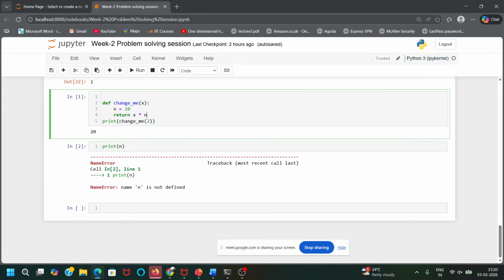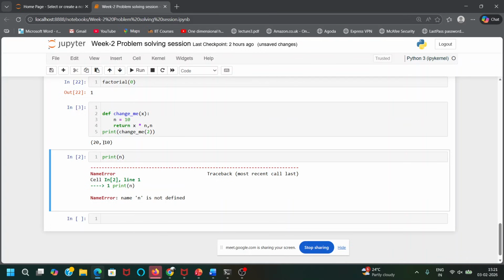So if you want to get the value of n also, then you have to give n also as an output along with x into n. Now if you print, you can see that it will print 20 comma 10. So 20 is the value of x into n and 10 is the value of n. This is the thing we have to be careful about when writing functions.